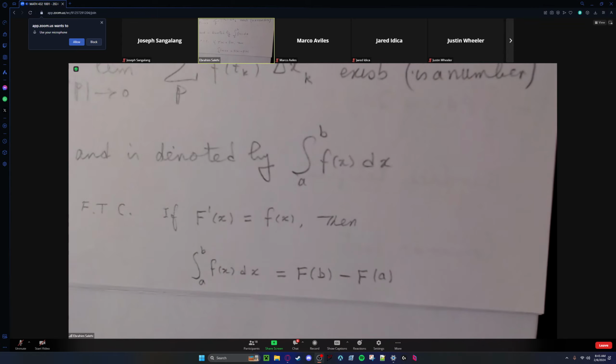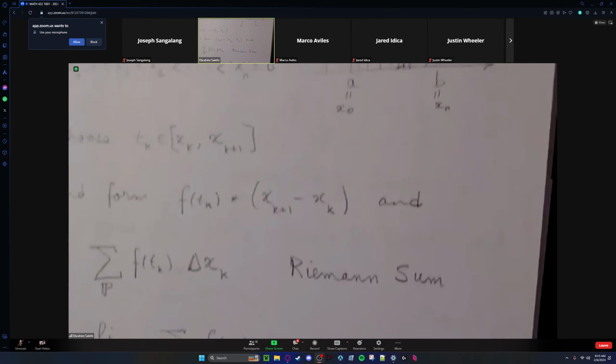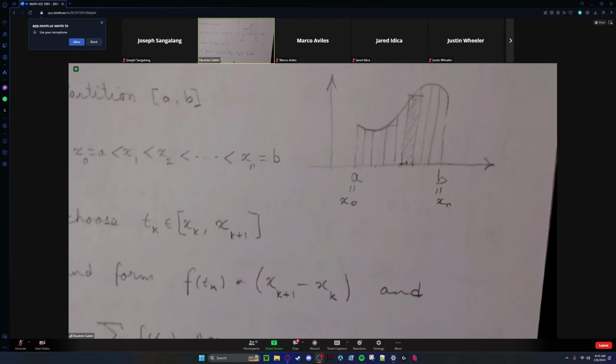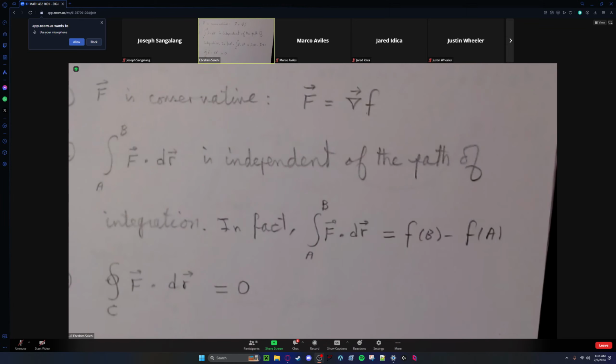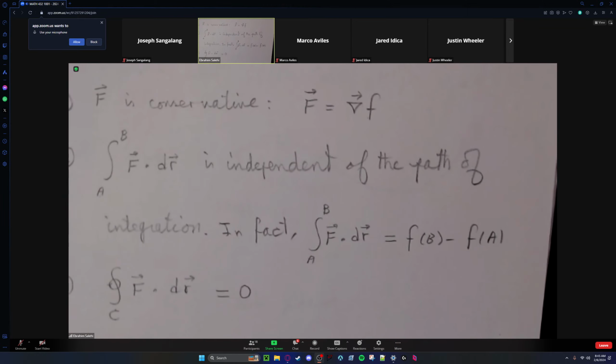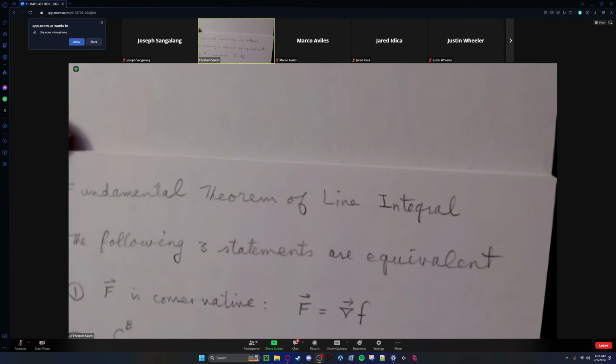This is for very good reason. It's called the fundamental theorem of calculus because it finds a relationship between the concept of antiderivative and the concept of definite integral. So, a quick review of integration, and in all different sorts of integration, this is what we do. We partition and then put everything together. And here is another fundamental theorem, of line integral. When you integrate